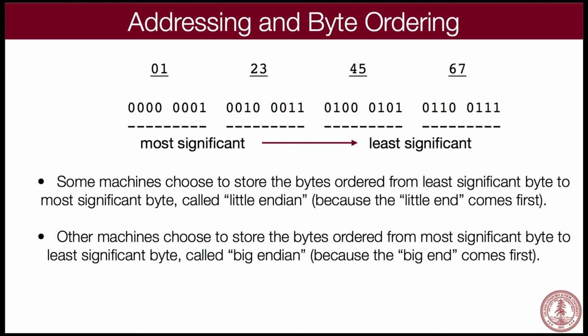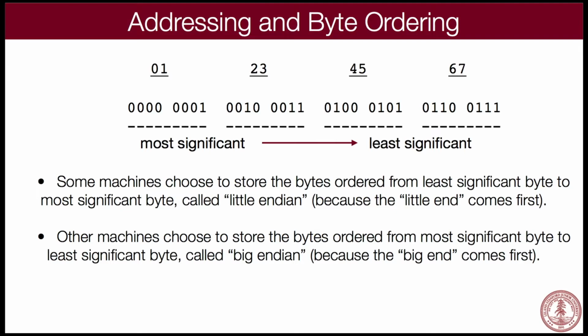We could also store this like this, as it turns out. If this was 01, 02, 03, and 04, we could actually store it in what we call least significant, or we call it little endian order. In other words, we put the little end of the number first. Which of those 4 bytes is the littlest, the one that's least significant of the 4 bytes? 01, 23, 45, or 67? 67. What we do is we put the 67 here, and then the next byte in memory we put the 45, and the next byte in memory we put the 23, and the next byte in memory we put the 01.